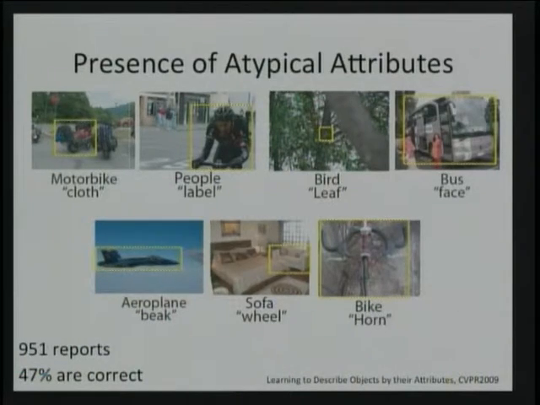Also, we can report existence of atypical attributes. For example, for the bus case, this is an example of a bus. I don't expect to see faces on buses. When I see it, I can raise the flag. This is an atypical example of a bus because it has a face in it. And later on, this may result in further inferences about what's going on. Maybe there is a person standing next to a bus.